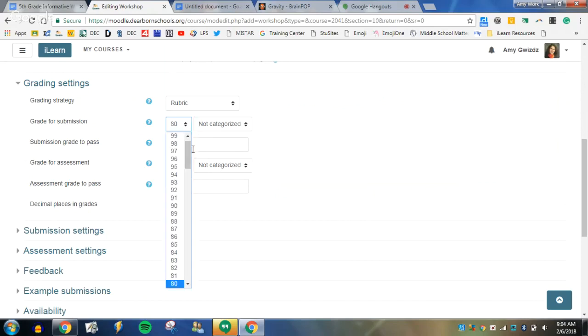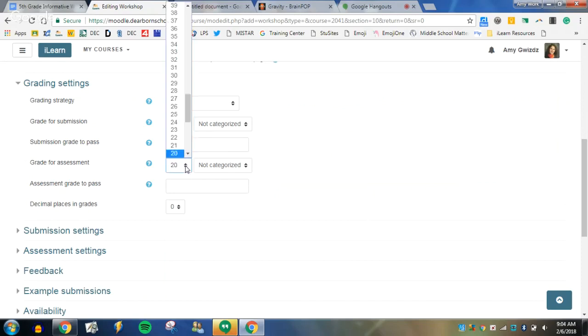It just happens to add up to 100 here. I don't know why. It must be the defaults that are set. It does not have to add up to 100. For one paragraph, we're going to go with 10 points. Now, the thing that you want to pay attention to is the proportionality of the two